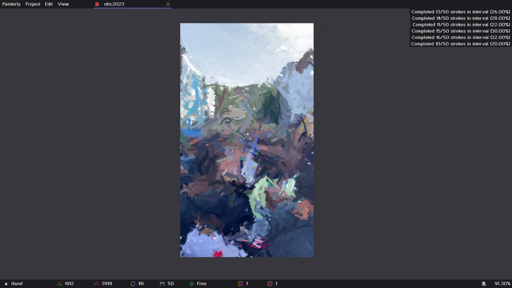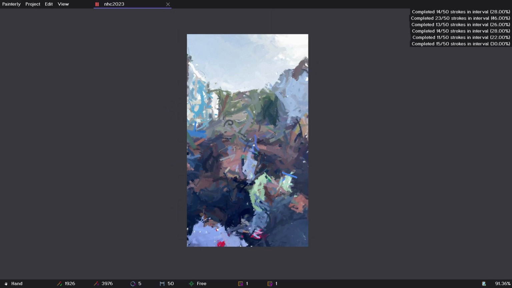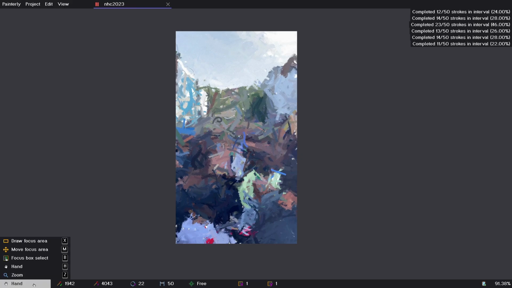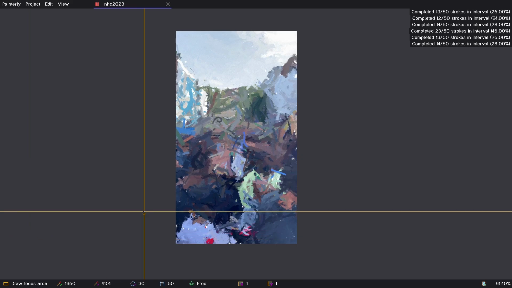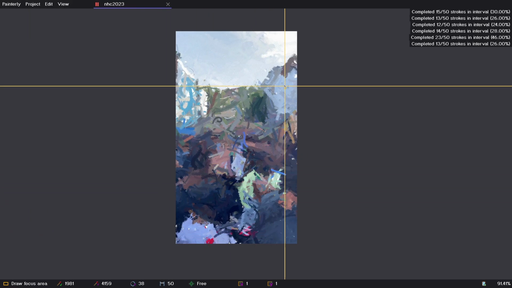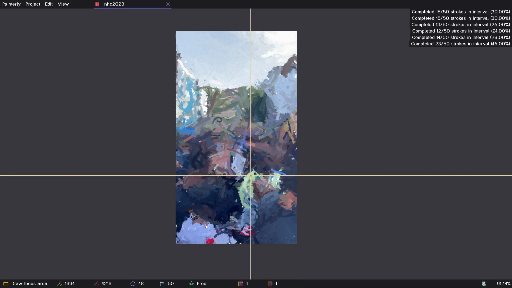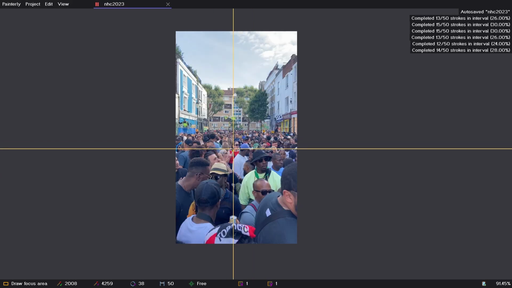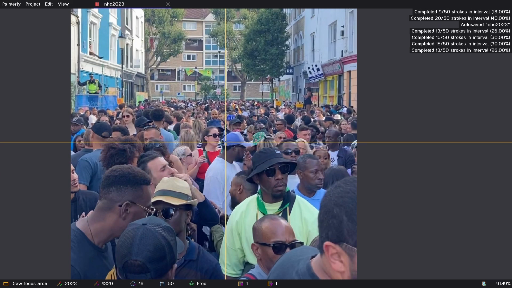Okay, I think it's time to start using the focus area. So we can take our draw focus area tool, and we're going to hone in on a particular section of the canvas that we want the algorithm to focus on. So I think a good example for that is this guy. He's quite prominent in the front here. So if we just outline him